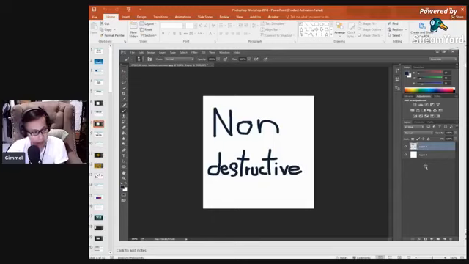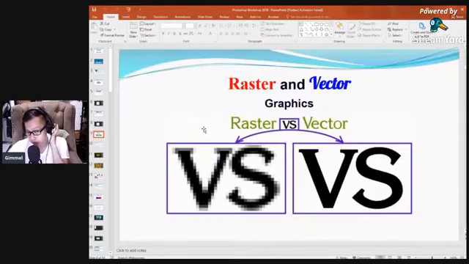So, sa non-destructive editing, if ever na ayaw o di mo gusto yung output ng layer 3 or itong text, you can just erase that one and then create a new text without totally creating a new one. So, it's a save of time. And yun yung method na gagamitin natin moving forward starting today. All right, so next,